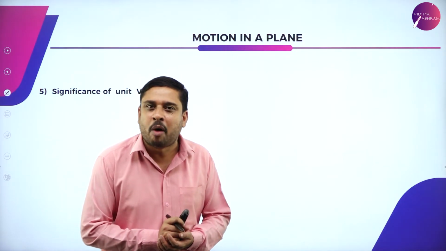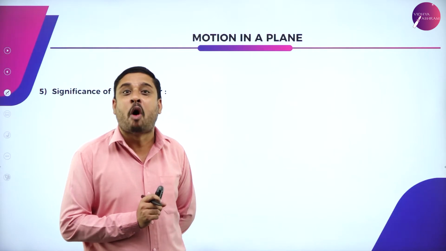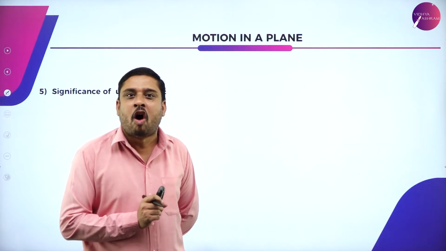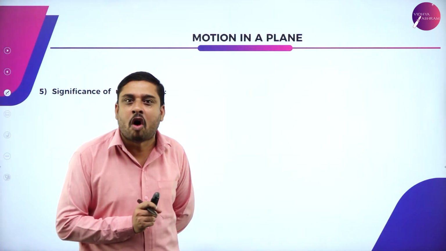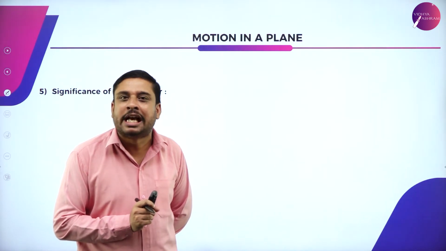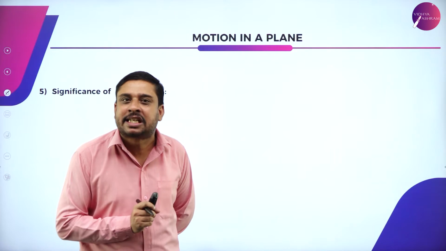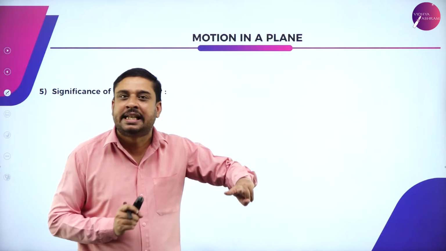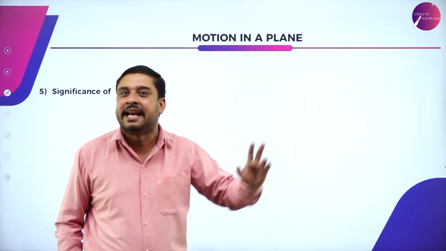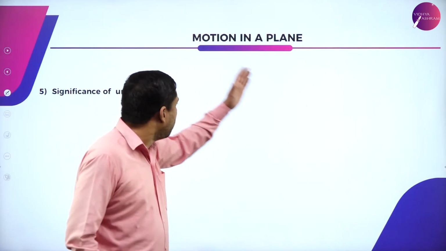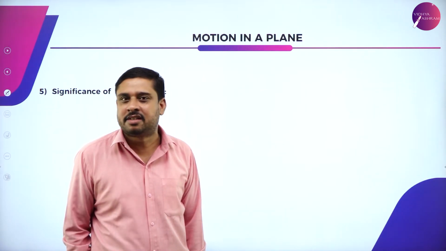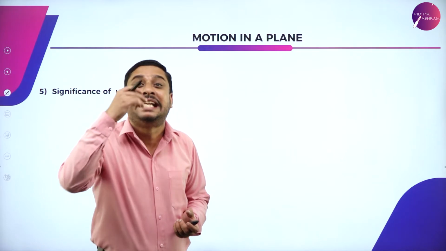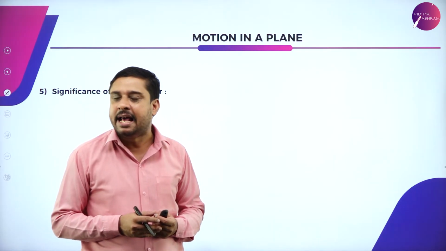That is the only operation that is not possible in vector theory. Division of two vectors is not possible. You cannot divide a vector by another vector. Addition is possible. Subtraction is indirectly adding the negative of a vector. Multiplication is understood. And what is division? An operation that is not defined in vector analysis.